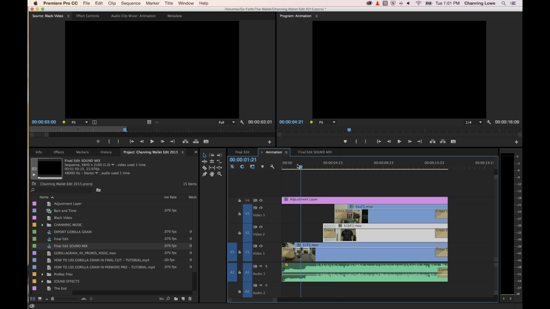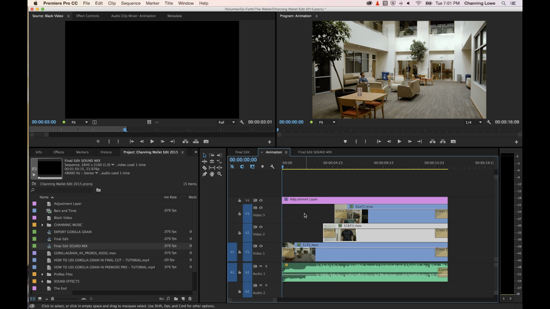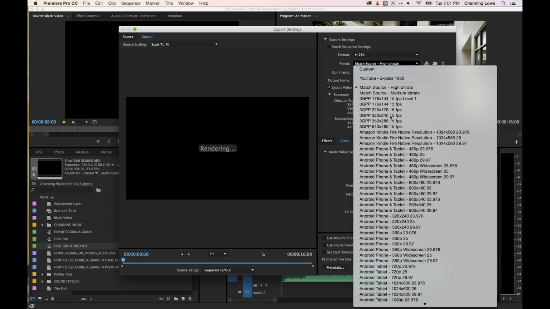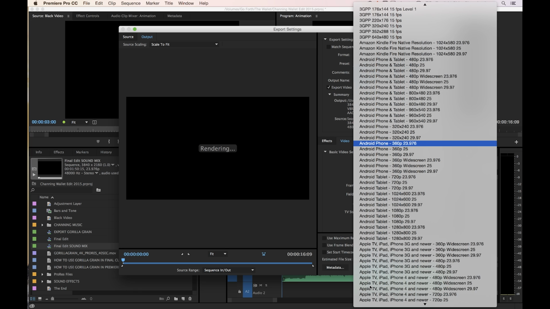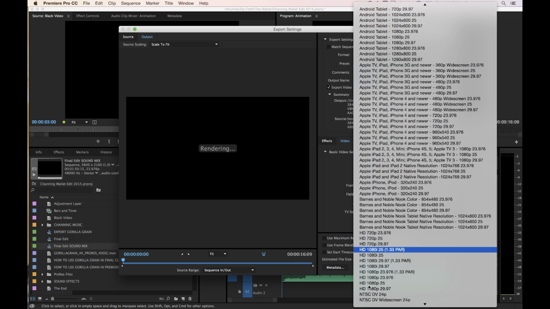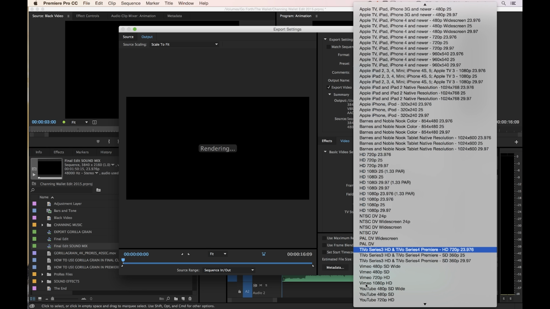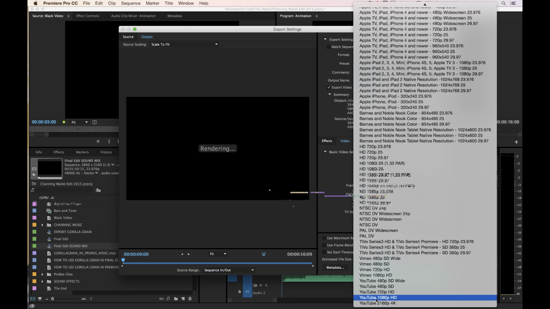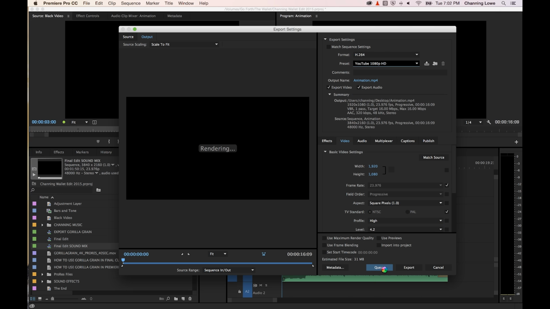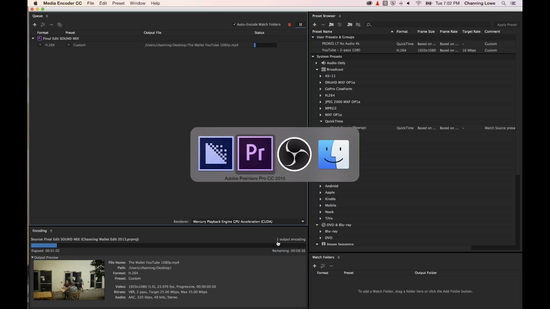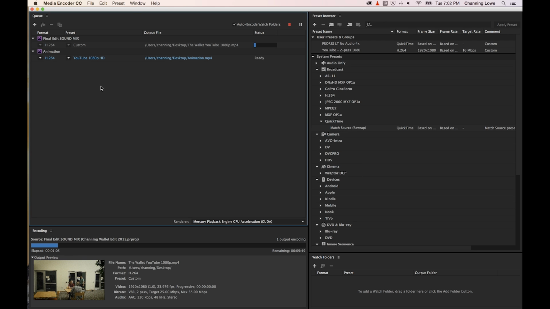And actually, if you have different things you want to send over to Media Encoder, now I can hit Command M or Control M on a PC, choose my settings, and this is super slow right now because I've got my screen recorder and Media Encoder going and everything going at the same time. I can choose YouTube 1080p and I can hit Q if I have my settings right. Hit Q and I go back to Media Encoder, and after a minute in Media Encoder you'll see that added